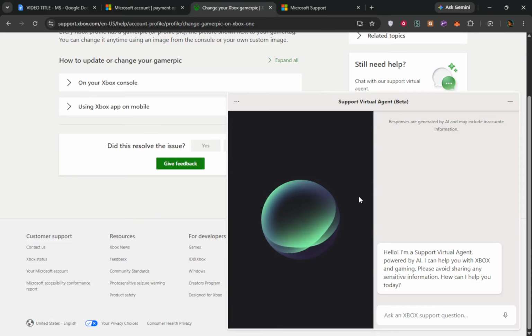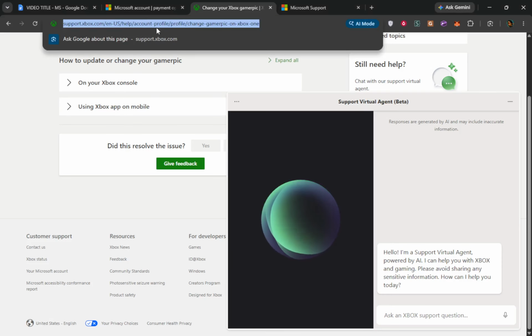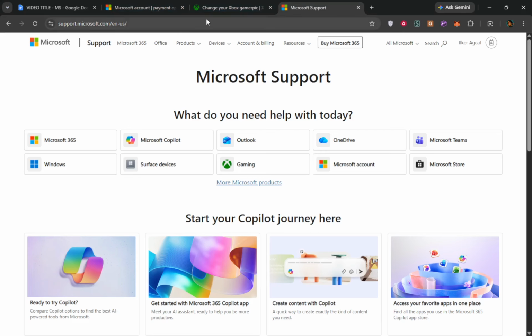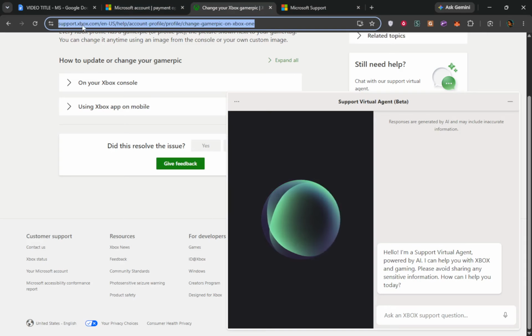By following these steps, you will be well equipped to contact Xbox support. Remember, having your account information ready before you start can streamline the process further. If you encounter any difficulties, don't hesitate to revisit the Xbox support website for additional resources. You can access Xbox support at support.xbox.com or